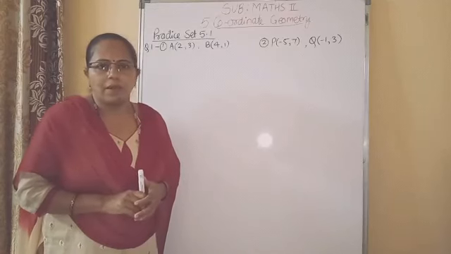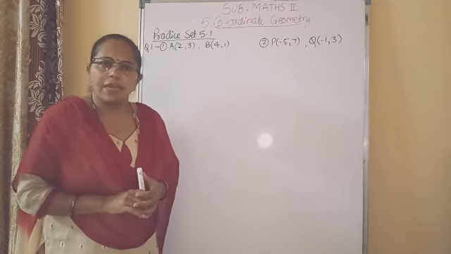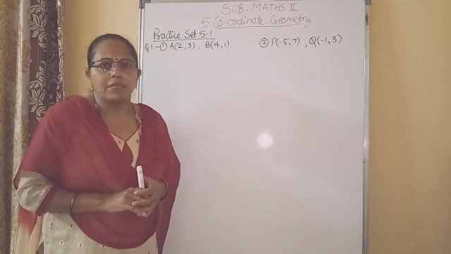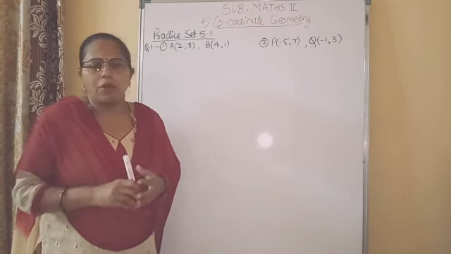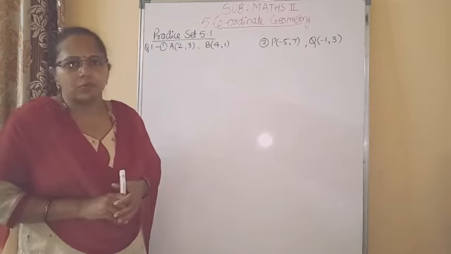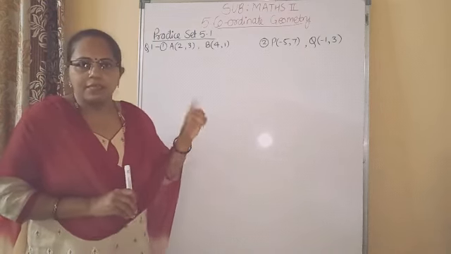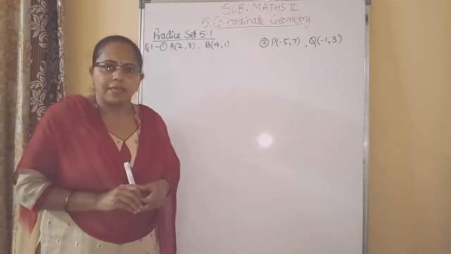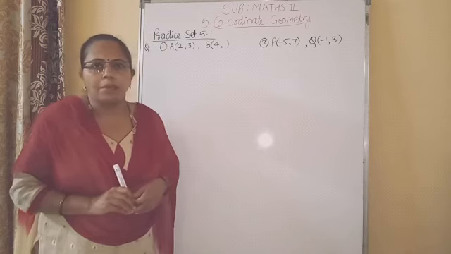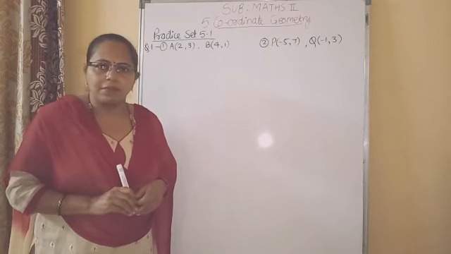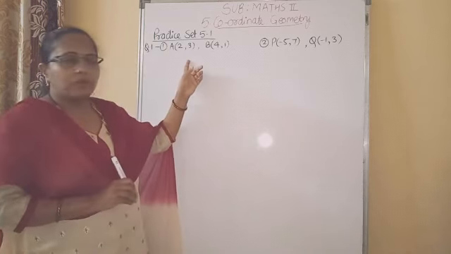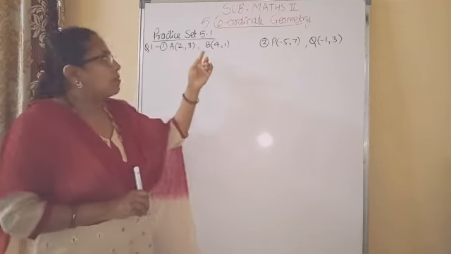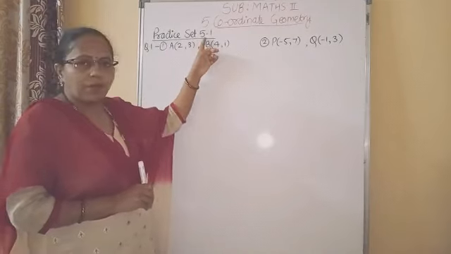We studied the distance formula to find out the distance between any two points. Let's suppose the coordinates of the first point are x1, y1 and the coordinates of the second point are x2, y2. Then the distance between the two points is the square root of (x2 minus x1) whole square plus (y2 minus y1) whole square. So using that formula we will find out the distance between these two points from practice set 5.1